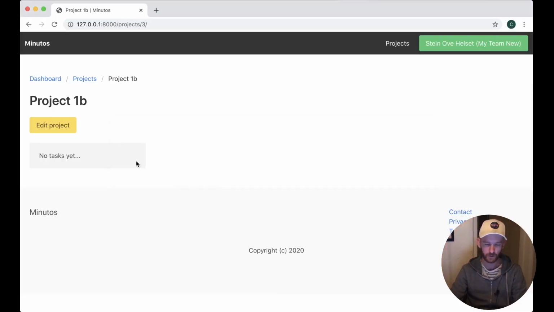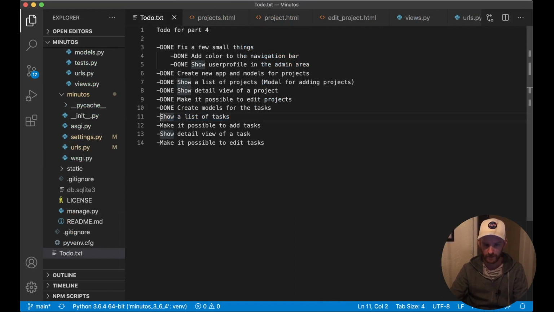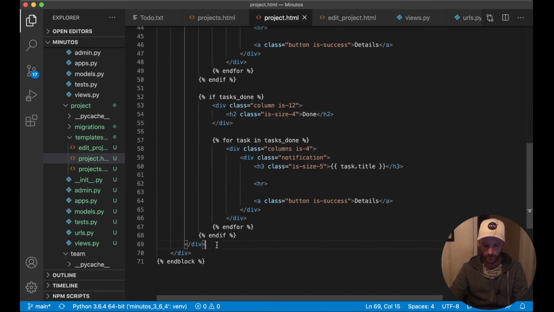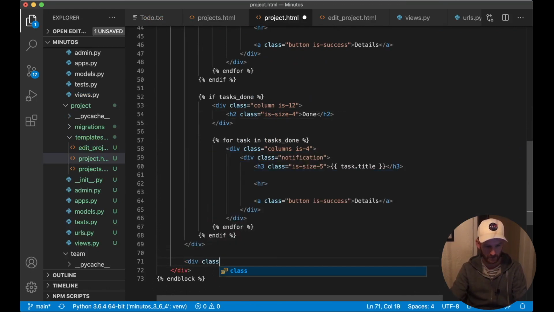Save. None of this will show because we don't have any tasks yet. And that's the next step. So first I can just set this to done. And then I want to make it possible to add tasks. So inside project.html, at the bottom here, I create a new div class modal,